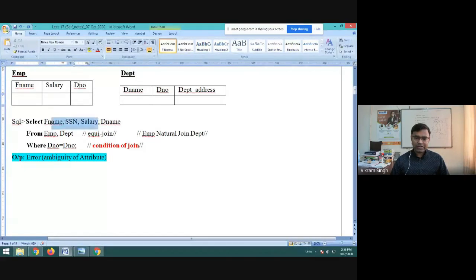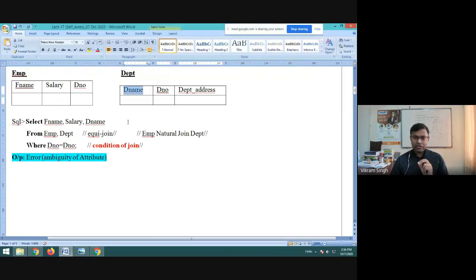So we do not need to access the department table. But in the query, it is requested to have the employee first name, its SSN, it's not SSN, let's remove it because it is not part of this schema. So first name, salary, these both are kept in one table, but D name is kept in a different table here.